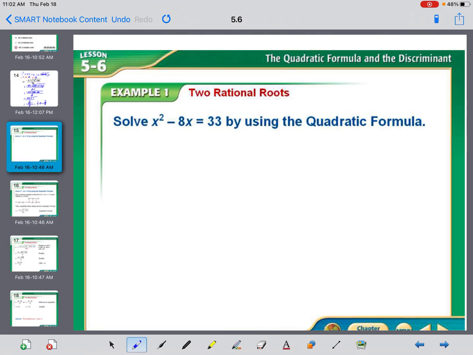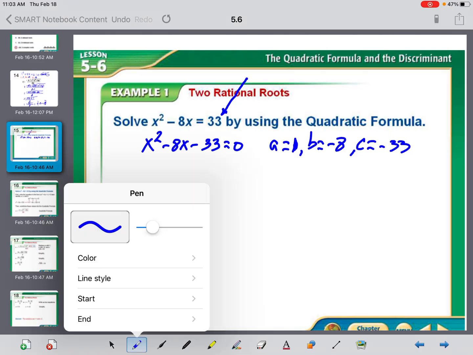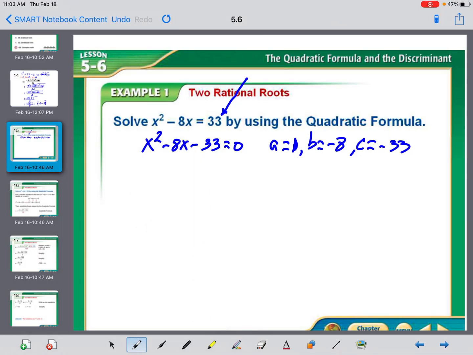Different problem. One of the things that I notice immediately, and you need to learn to notice immediately, is we do not have equals 0. So we need to first subtract 33 from both sides so that we can easily identify the A is 1, the B is -8, and the C is -33. So when we look at our quadratic formula,